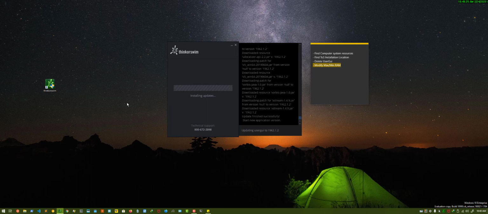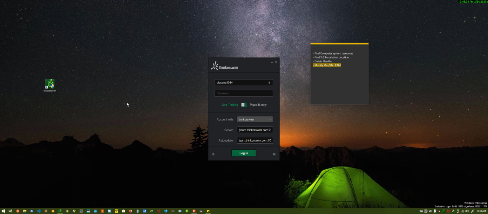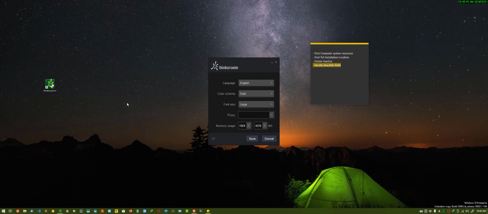there's a menu that will pop up. Okay, now it's done. There's this little gear right here. Click on it. By the way, yours may not actually be displaying this. This was a setting that I changed, but just go ahead and click on this gear. Right here where it says memory usage, you should adjust this from the defaults. In my case, I put right here 1024, and right here I put 576. What this means is that